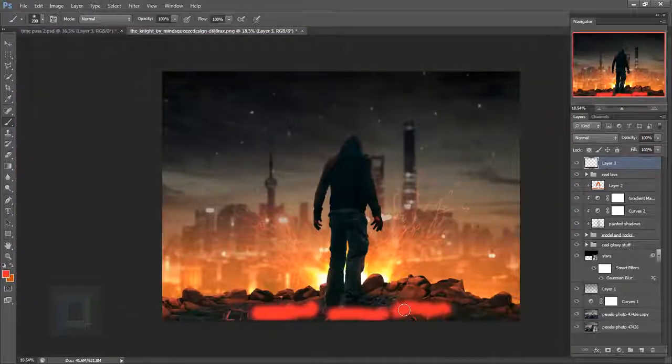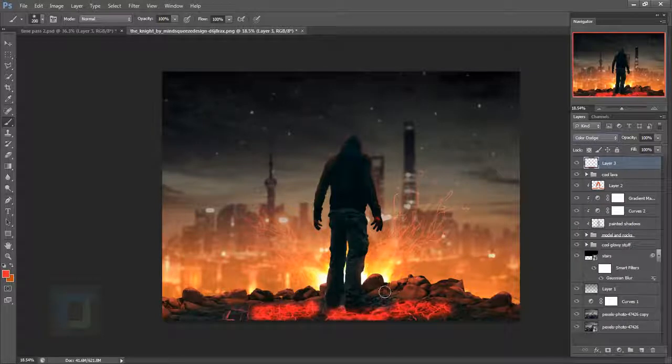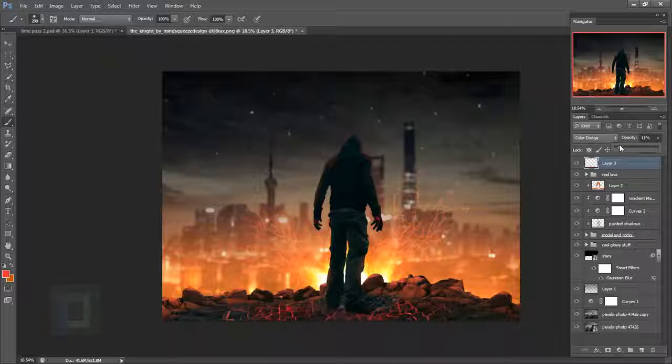Pretty nice painting we got there. Now go and change its blending mode to color dodge so it will look really bizarre like this. Then go and change the opacity to somewhere around like 10%, and now if I turn it on and off, see, the lava has really nice glow. And here comes the part that a lot of you were looking for, I'm pretty sure, how to create those